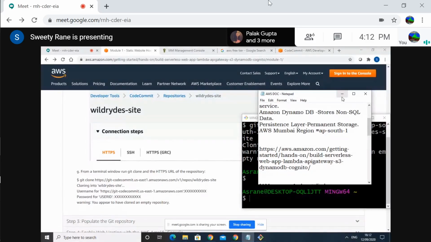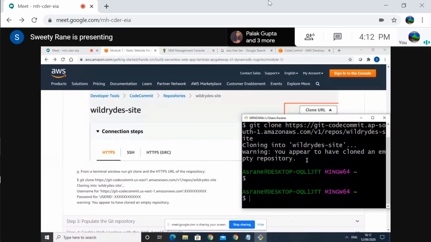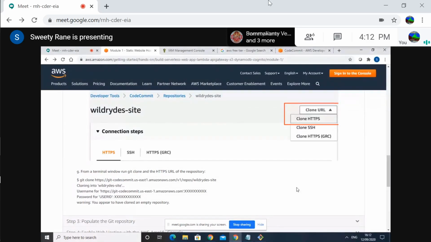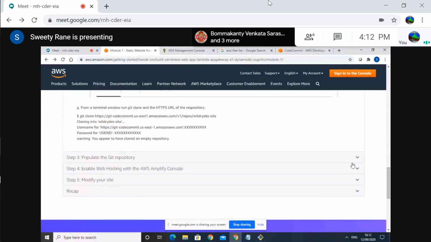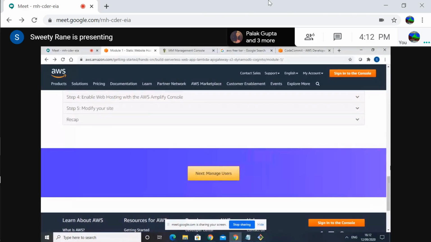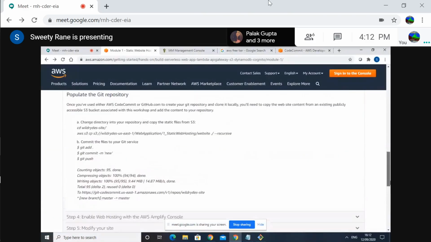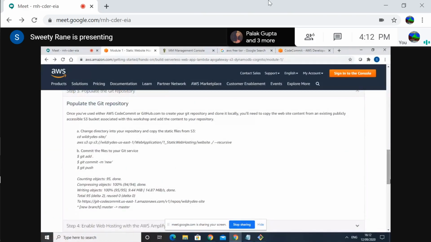Okay. Now, what is the next step? Step number G. Yeah, go down. Now populate the Git repository. So now we are going to pull the actual code. Before we run this command, we have to configure AWS. Remember last time we configured AWS?